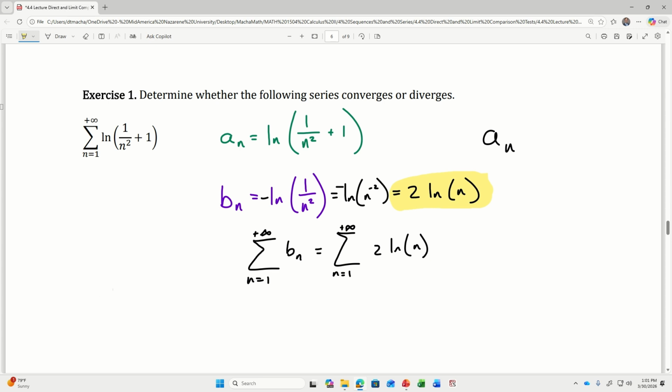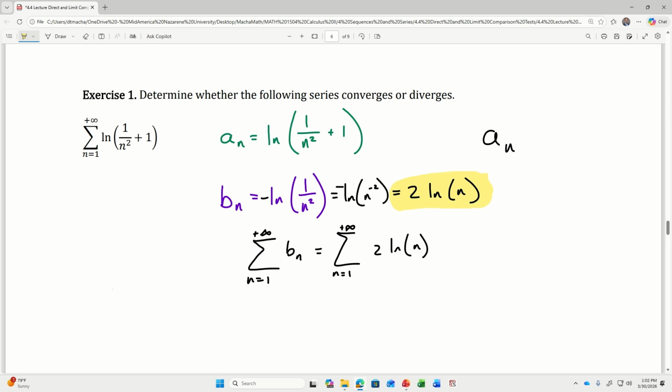So I have negative times negative 2, which is positive 2 natural log of n. And so positive 2 natural log of n is going to be growing as n grows. It's actually going to diverge